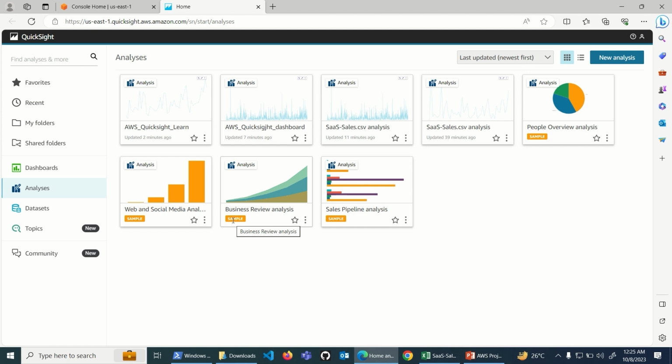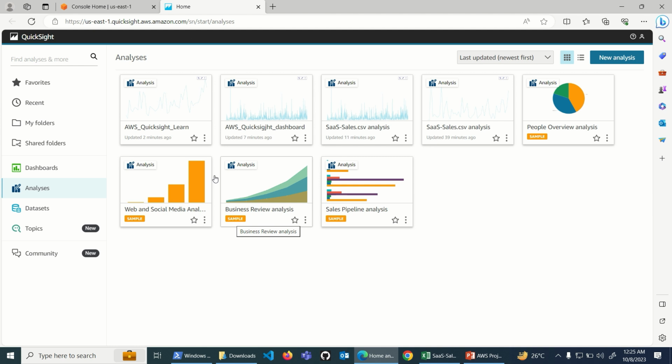One thing that you need to make sure is that AWS QuickSight gives you a free subscription of 30 days only. After 30 days, it will start charging you on a monthly basis, based on usage and the users that you have added in your account. So make sure that after completing this project, you delete your QuickSight account and all the resources associated with it, to avoid the extra charges.